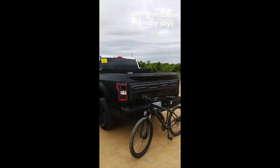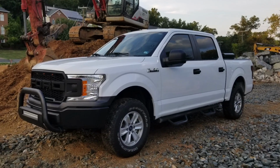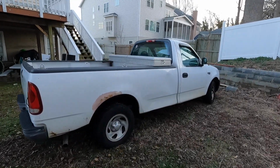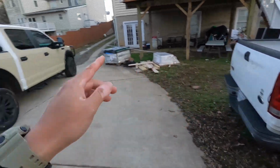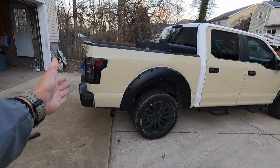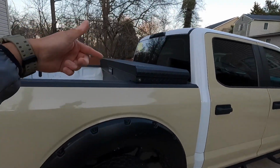If you are going to be mountain biking, throwing on a kayak, or whatnot, those are very rare cases where you would get the 8-foot size bed, unless you got a 250, or if that thing is a straight-up work truck, then 8-foot is definitely justified. For business slash pleasure, guys, I would have wished I went with the 6.5-foot bed, because this toolbox is just kidnapping a lot